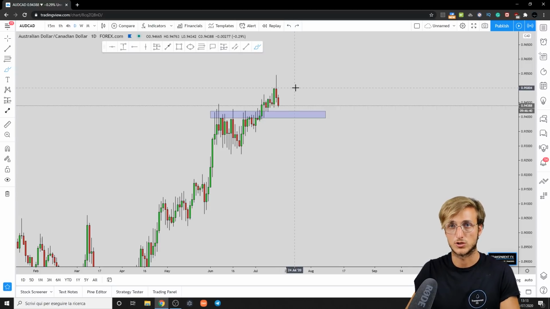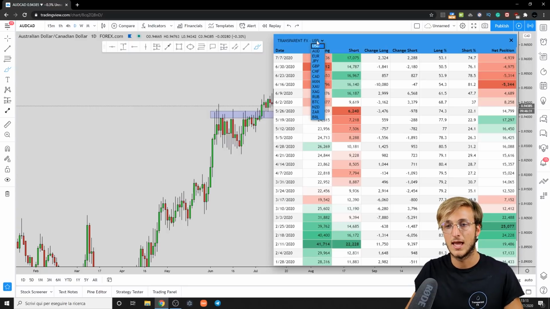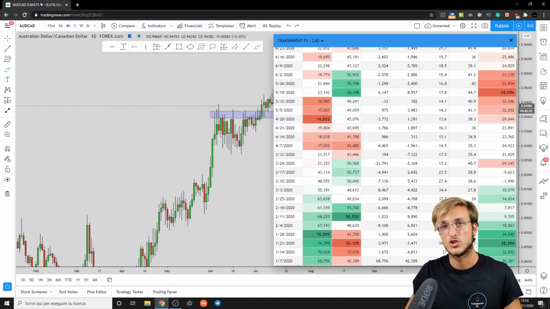We have to wait for the structure to break. But before I show you exactly how we will be approaching this kind of situation with students, let's give a quick check at what we have from an AUD and a CAD perspective if we check the COT data, so the commitment of traders. So if we check what is going on the CAD,